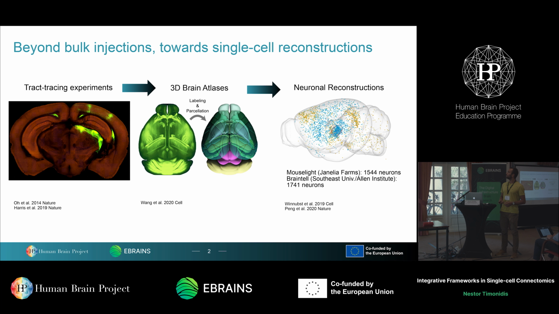As a prime example, we'll go to 2014 and the study of Oh et al. that released a big data set containing 500 anterograde tracing experiments performed on the mouse brain. For those who don't know, this is a bulk way of infecting a huge population of neurons, and then the infection is carried downstream through the axons and the terminals, and with imaging you can visualize and quantify densities of axons spread across the cortex or other areas, which after proper processing gives what we call the mesoconnectome,